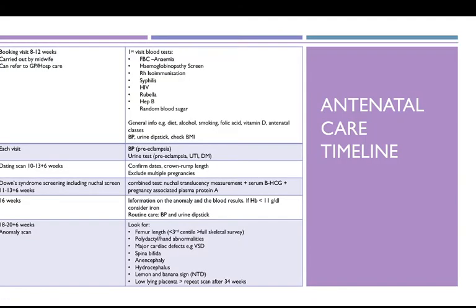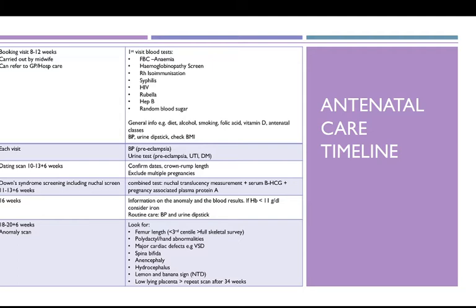Okay, so the first appointment that you'll have is your booking visit, and that will be at 8 to 12 weeks at some point. It's carried out by the midwife, and at this point they would risk stratify you, and they'd risk assess you and decide whether you're going to have hospital care or continue with midwife care during your pregnancy. So at this first visit, there's some blood tests that are carried out, so a full blood count to